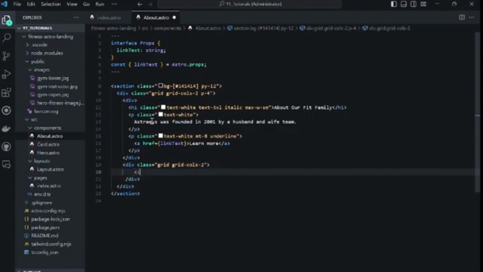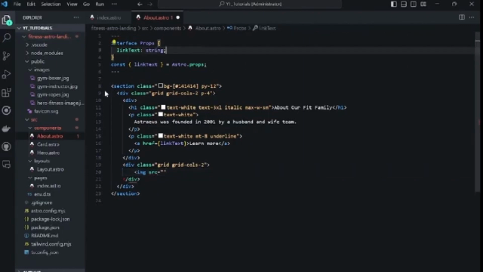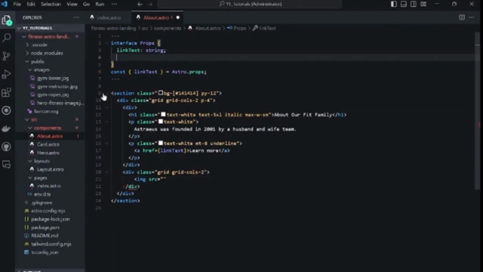So it was the image. This time we'll use an image tag, and we'll put the source. And what we could do is we could change the image source. So we could say at the top, we can say image 1, give it a string,